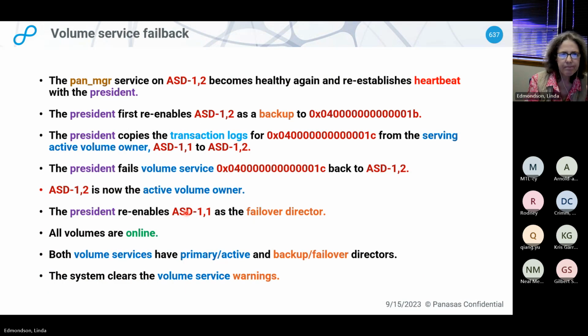Yeah. All right. Let's say 1.2 becomes healthy again and reestablishes heartbeat. President first enables the backups. Why does it deal with the backups first? Because the president's imperative is to make sure there are no stale backups. So it deals with the backups first. It's going to re-enable 1.2 as a backup on 1B. It's going to copy the